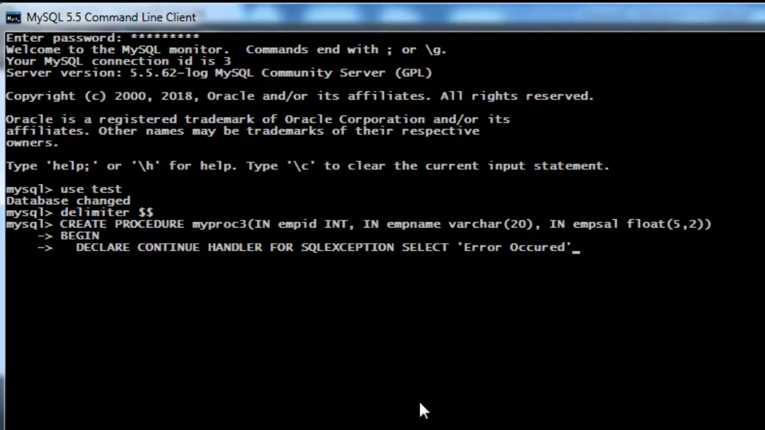Some error message I'm giving, and be careful to give it within single quotes because double quotes may cause some errors. After that I'm giving a semicolon. Next line inside this I'm going to give insert